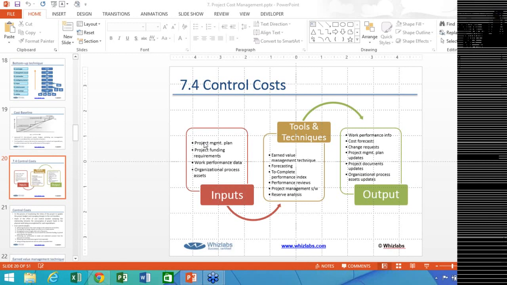Okay. There is another technique which is called forecasting. So as I was just talking about earned value management, and I said that it is not only used to evaluate the performance of the project, but also it is used to predict the future. It is used for forecasting also. So as I gave you one example, that if there is a project with a budget of $10,000,